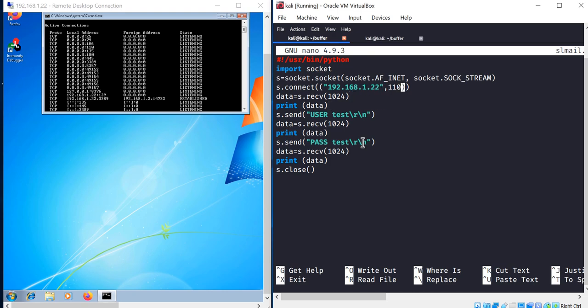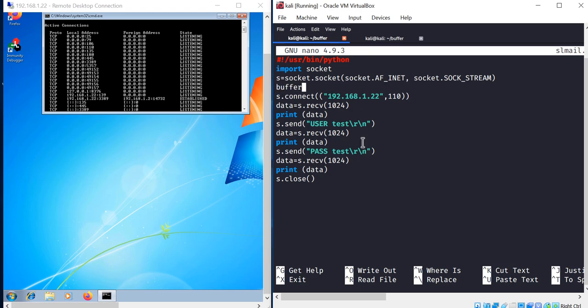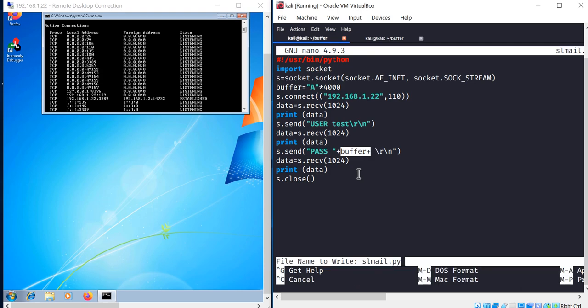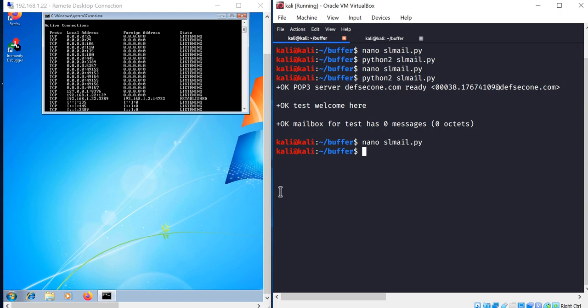Instead of that, let's say buffer equal to A times 4000, and instead of password as test, we'll just say buffer. So now 4000 A's will be put here, and it will check whether the application crashes or not. Now I'll save this, and we need to analyze it to get more clarity.